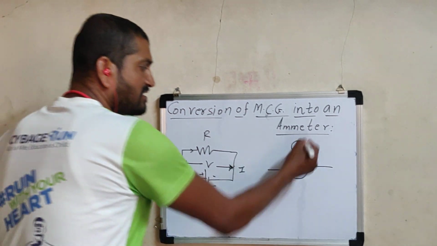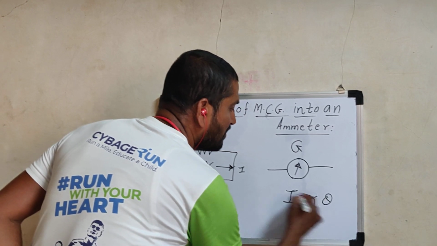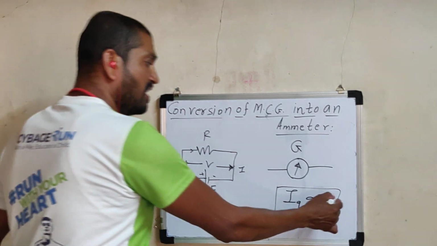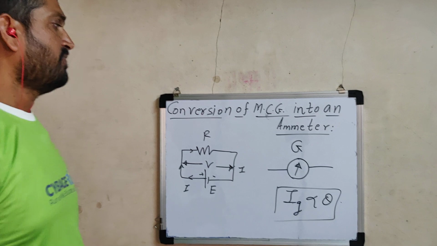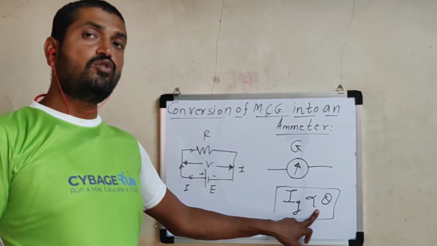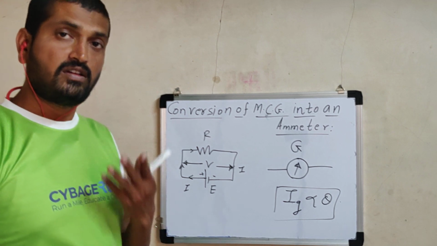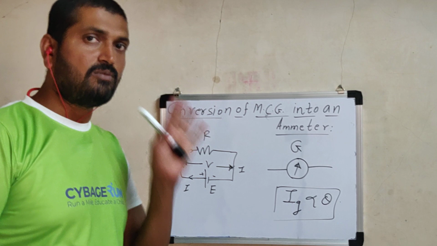Now what is the principle of the galvanometer? It works on the principle that Ig is proportional to theta. It means the current flowing through the galvanometer is directly proportional to the angle of deflection. If deflection exists, current exists. No deflection, no current. Due to this principle, this galvanometer can be used to detect current in a circuit. And as a second application, we can even measure a small amount of current.